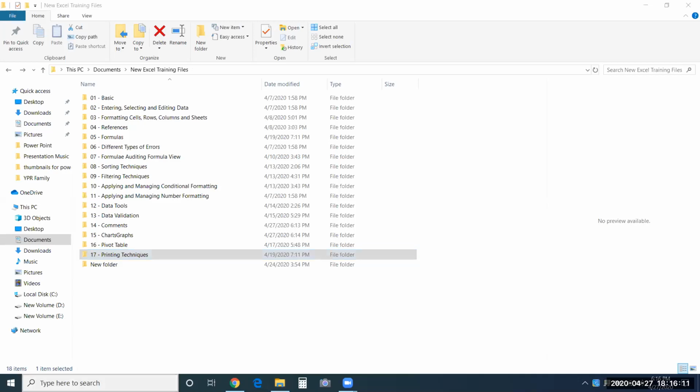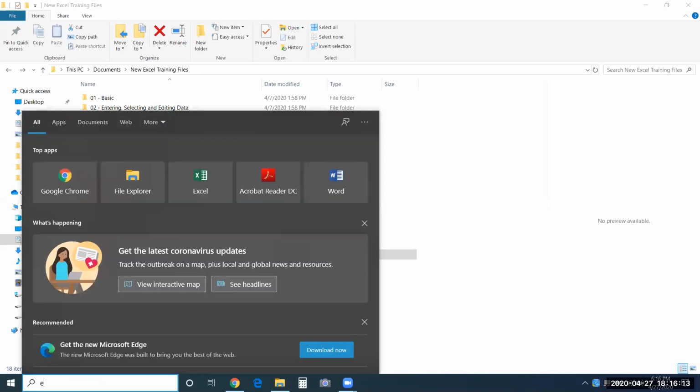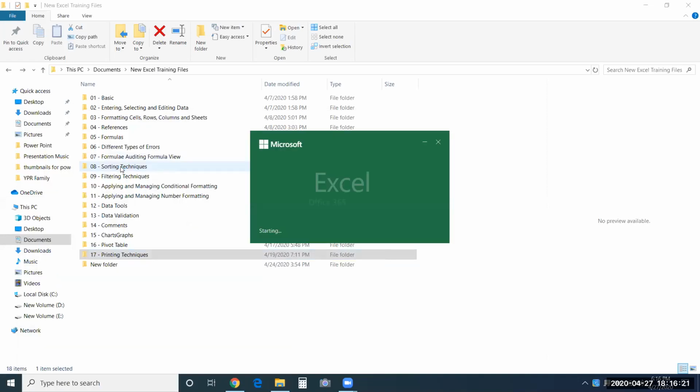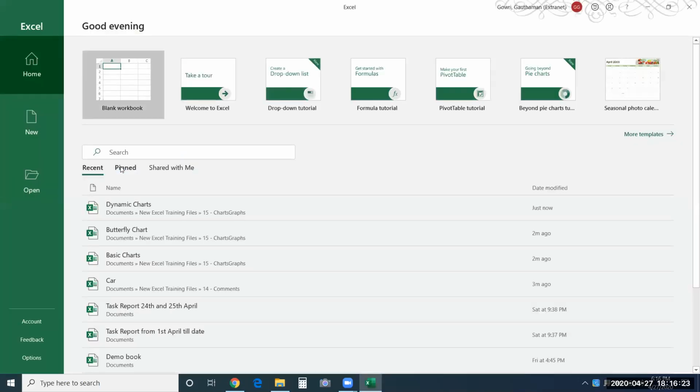I'll first open Excel. See, you go to the search bar, type Excel, you get this Excel application visible here. Click on it, you will be able to see the welcome screen. See, this is common to all of your MS Office applications. So your MS Office applications include Excel, Word, PowerPoint, Access, and there are so many other things like OneNote, Outlook, these things. So especially for Excel, PowerPoint, Word, and Access, you get this welcome screen.